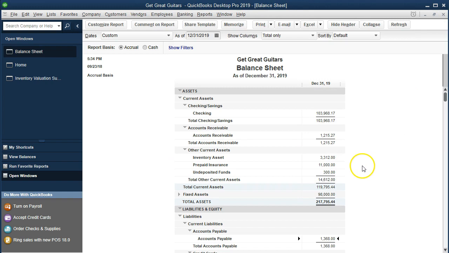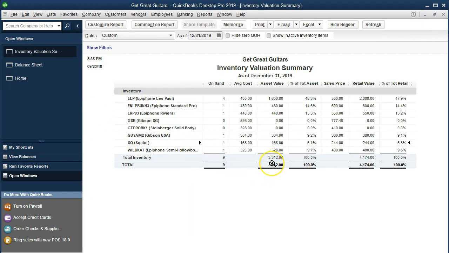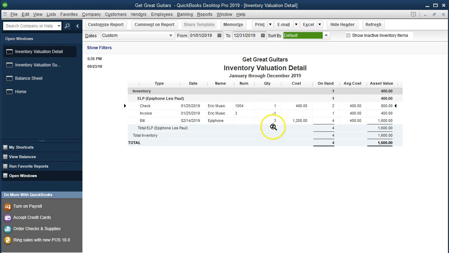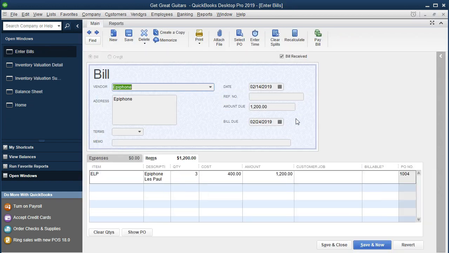If we go to the inventory, it's now at 3,312, which should be supported by the inventory valuation summary here in the open windows. So I'm going to go to the inventory valuation summary. There's the 3,312, and we just bought another ELP Epiphone, so we got 4 of those now. If we want to see the detail, double click on it and change the dates to 01/01/19, and there's the detail. There's the 1,200, 12,000. Here's the 1,200 that we purchased. If we double click on that, there's our bill again. So I'm going to close this back out,